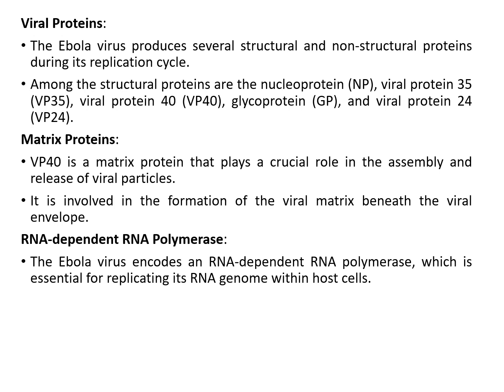Among the structural proteins are nucleoprotein, viral protein 35, viral protein 40, glycoprotein GP, and viral protein 24. These are all important proteins which you can see in the case of a virus, particularly the Ebola virus. GP means the glycoprotein, which you can find on the surface of the cell membrane. But the interesting part is that the membranous part is completely derived from the host cell.